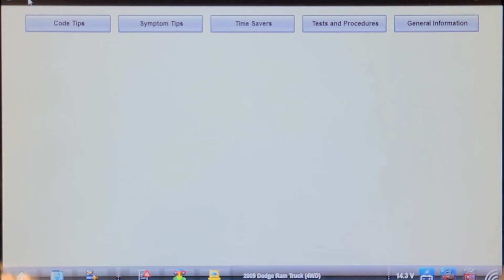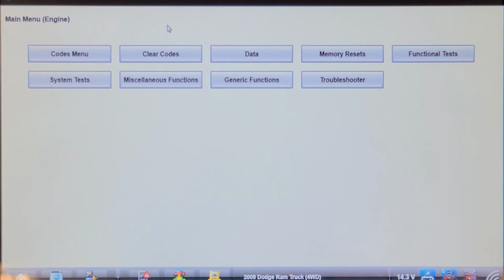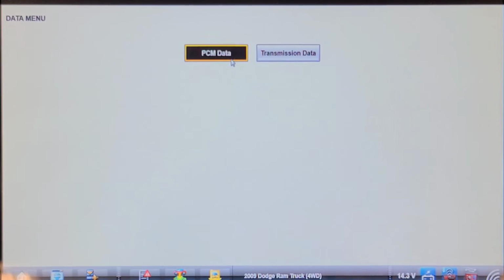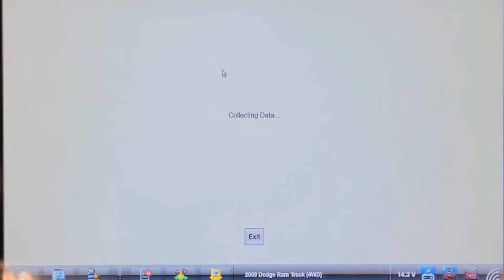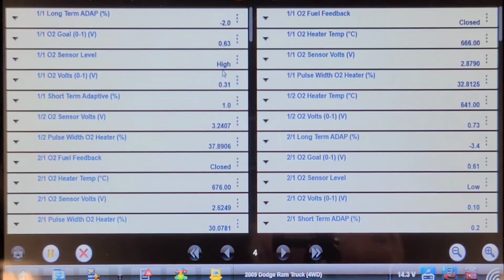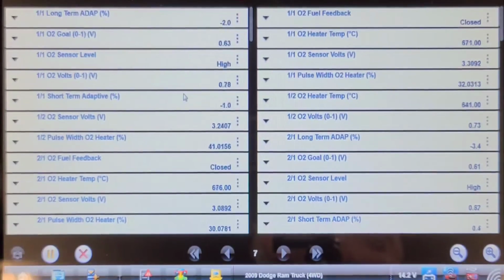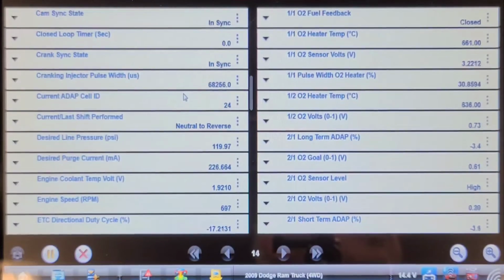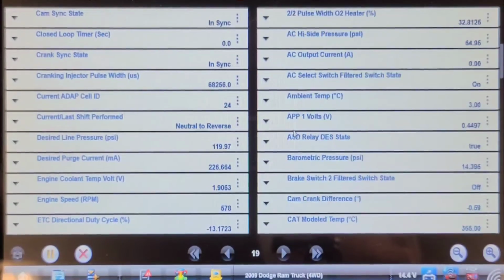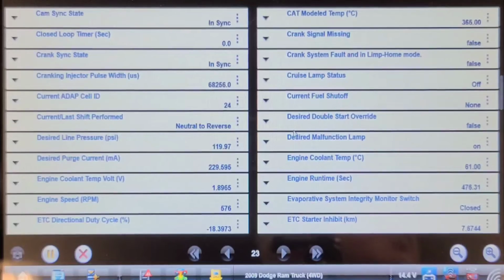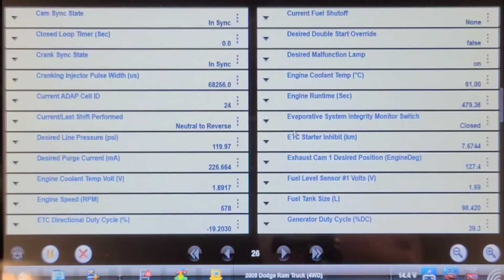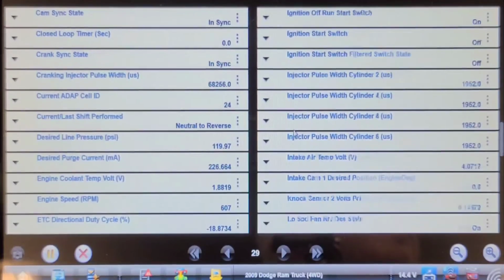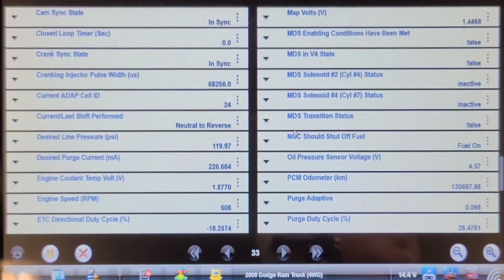Well, let's have a look at the oil pressure PID right now. Data. One of these data parameters should be oil pressure. See, here's where we need a keyword search. Is it under engine oil or is it under oil? Snap-on doesn't have a keyword search. No, it's not under engine. Oil pressure voltage